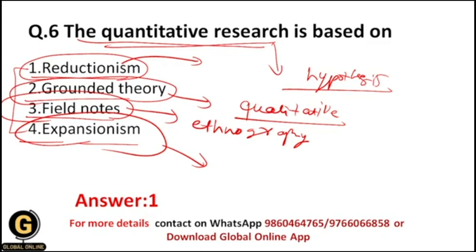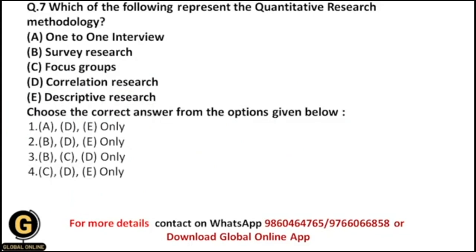And that's why the correct answer over here is 1. Next is, which of the following represent the quantitative research methodology? Whether it is one-to-one interview, or survey research, or focus groups, or correlation research, or descriptive research. Now students, all of you now understood exactly what are the quantitative research methods and what are the qualitative research